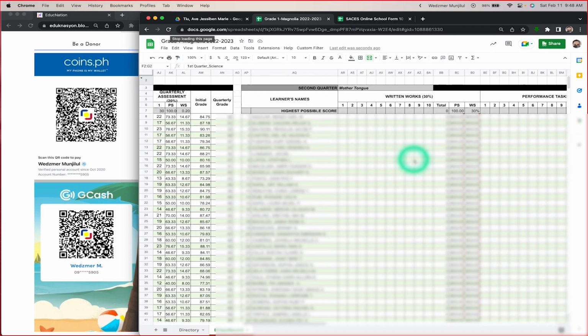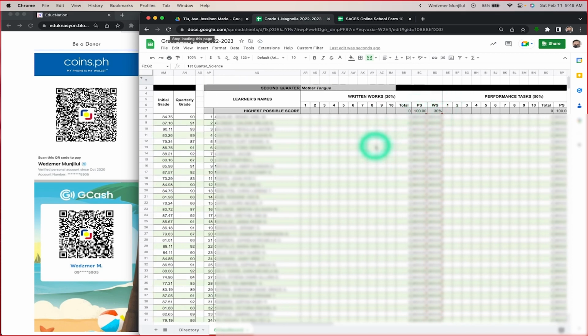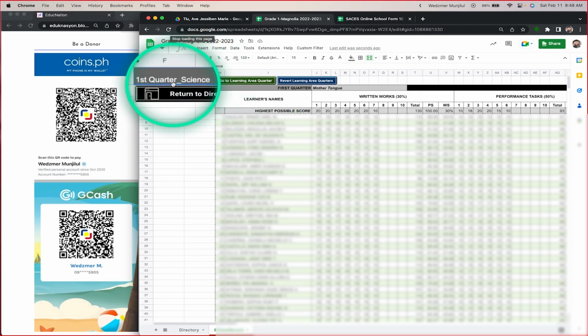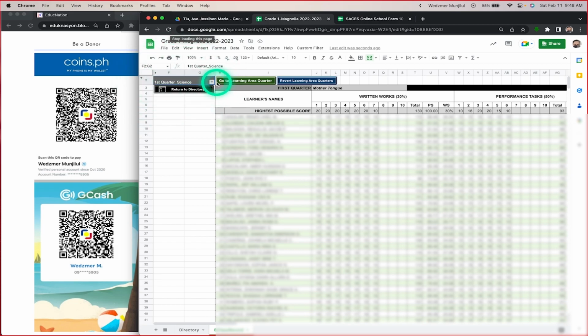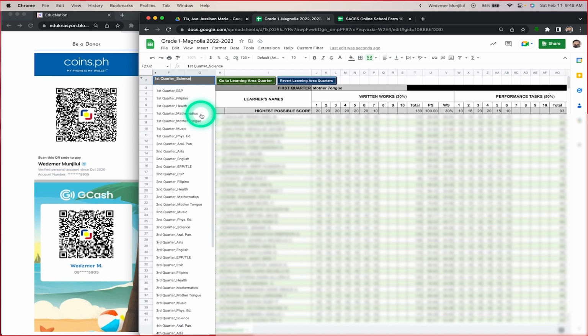So I just erased the header part, yung mga header sa taas. Yan pong division error na yan kasi wala pa po siyang laman, kaya po ganyan. So how do they manipulate this? They have a drop down box here. Meron silang drop down dyan. They can just click on which learning area they would want to